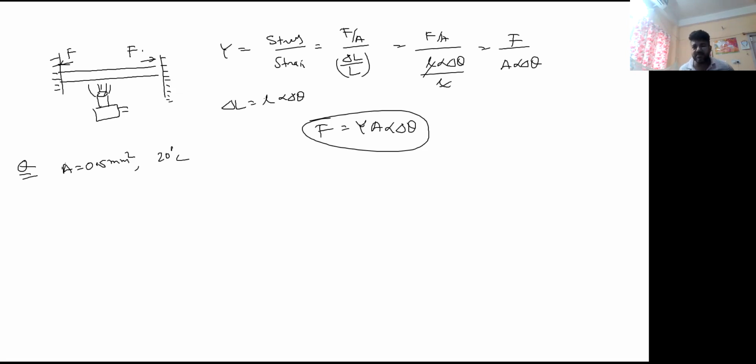This is too much. Area, this one, temperature 20 degrees centigrade. Determine the tension when the temperature falls to 0 degrees centigrade. When the temperature falls to 0 degree centigrade, coefficient of linear expansion of steel 1.2